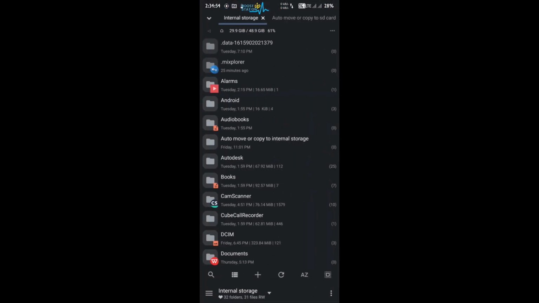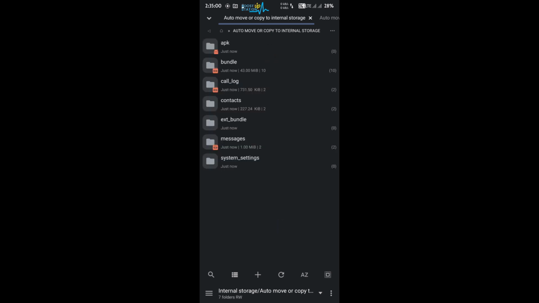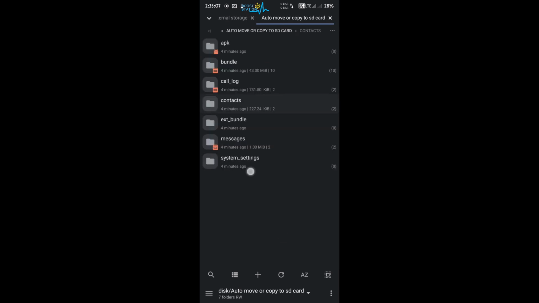Okay, let us see. In the folder you can see right here we have the files copied in the background without our involvement, so it is automatic. And if you go to the external storage, you can see the files and folders are still there and they are copied to the internal storage.